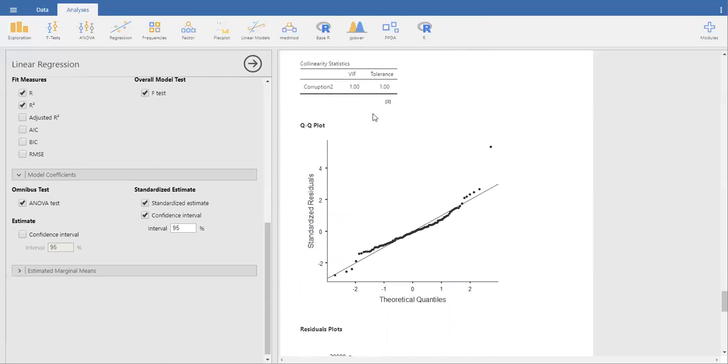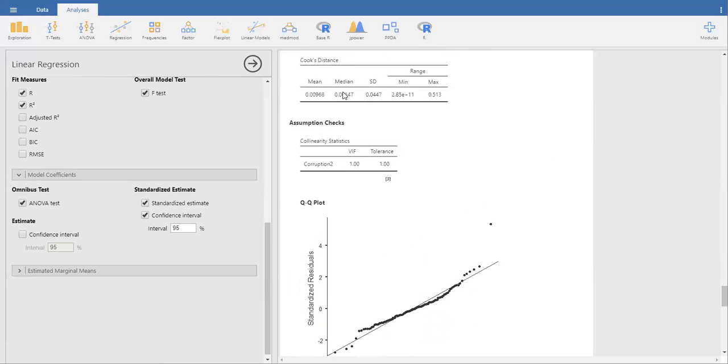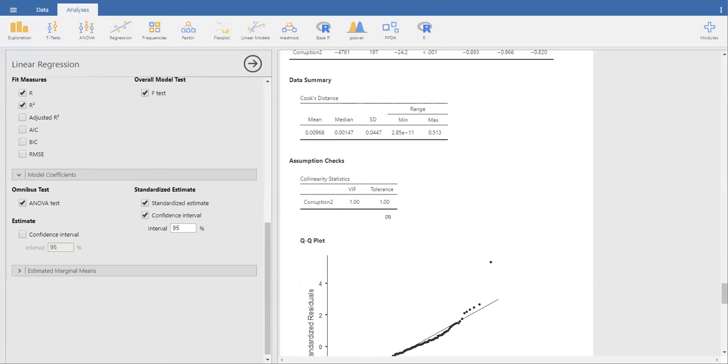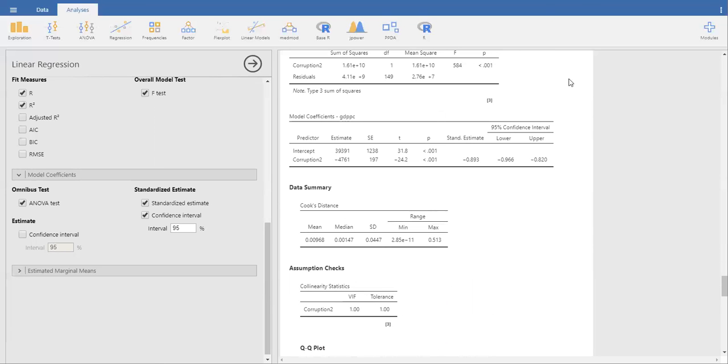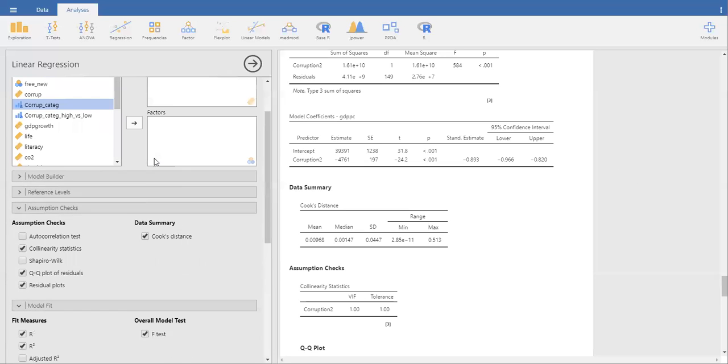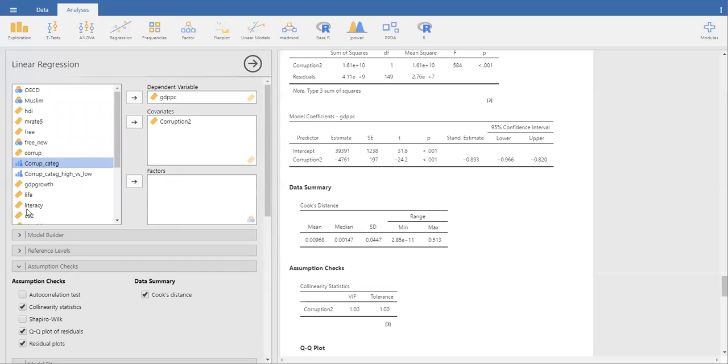So we have our multicollinearity, but since we only have one variable, it's not going to be a problem. So we could essentially write this equation as GDPPC predicted equals B0, which is our intercept, 39,391 plus negative 4,761 times corruption 2. For each value increase, that's going to go down, and then there's going to be a little bit of error too. If we wanted to add an additional variable, we can go ahead and move literacy into covariates,